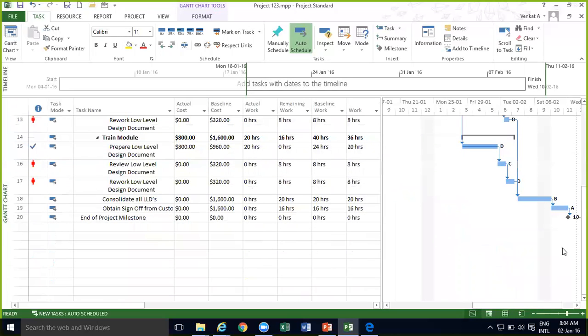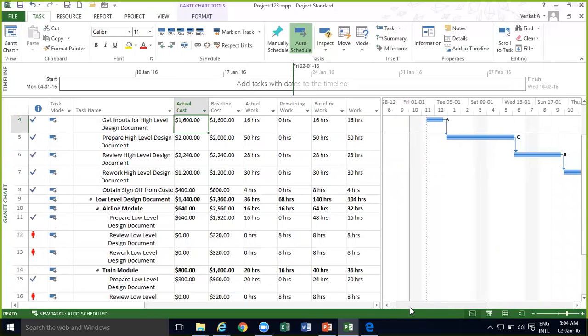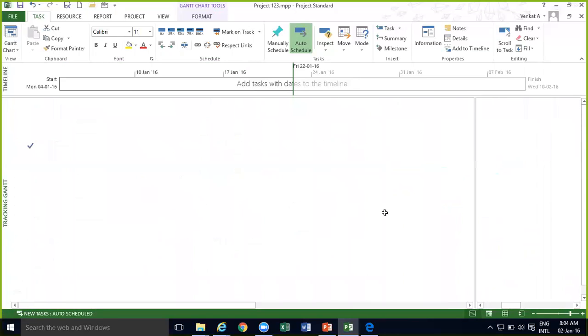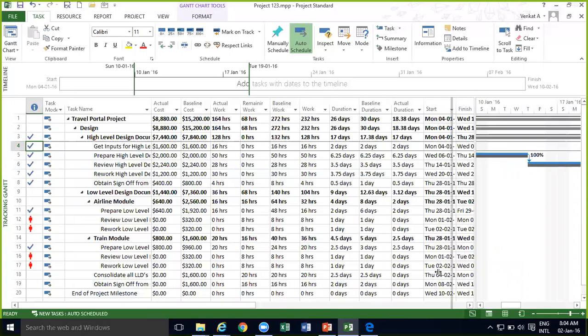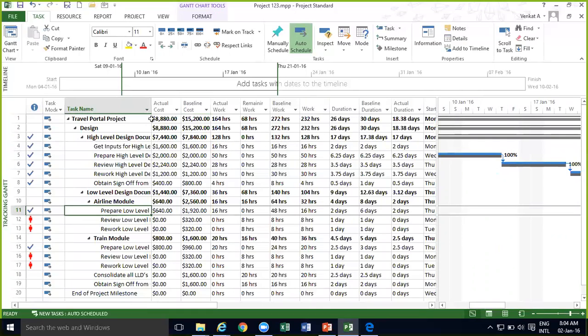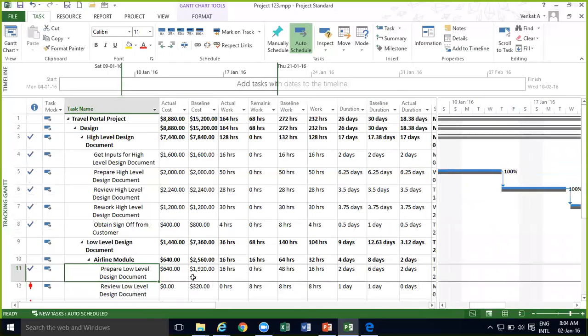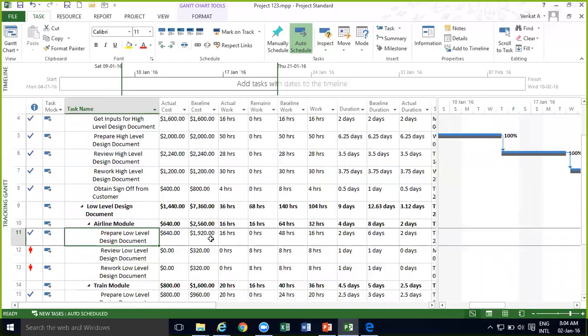Of course, in this case, I think everything will be the same because everything is aligned now, right? We see that. But if I make some changes, suppose, for example, here if you see for prepare low level for airline, as of now I had planned for 1,920 because I had planned for 48 hours of work, but